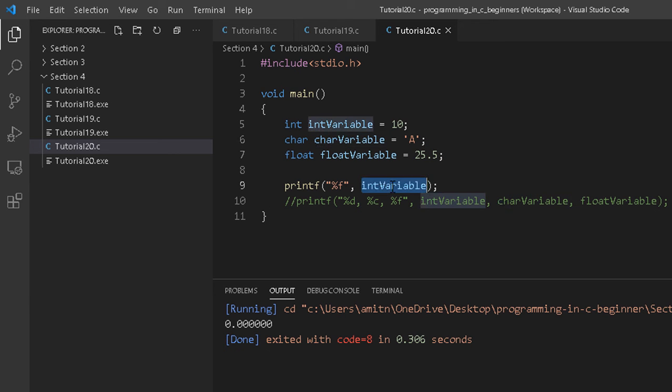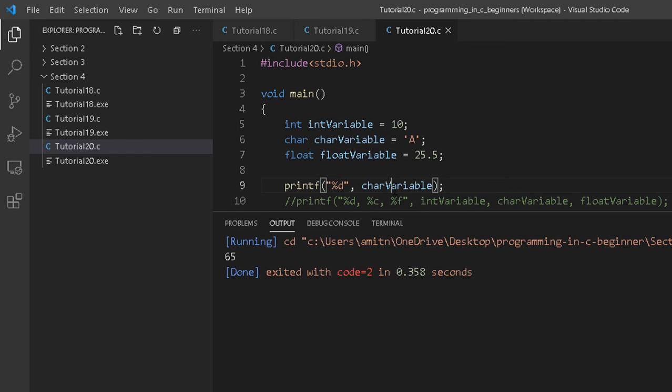Now the last thing that I wanted to show you is related to the char variable. So let me print this char variable over here, and the interesting thing is I will print it not with the %c but with %d. So let's see this one. Okay, and let me run this again after clearing the console screen, and you can see the output. This time this character variable is printing an integer, and how is this possible?